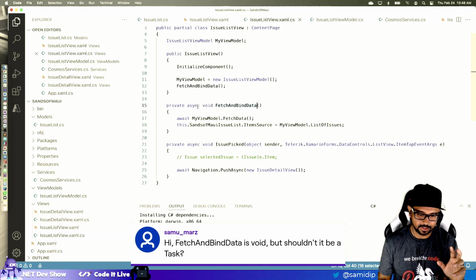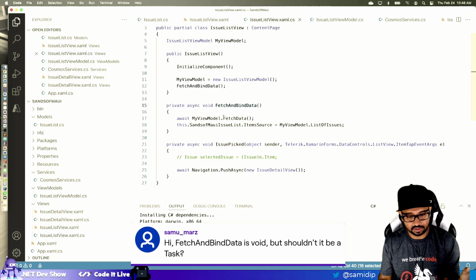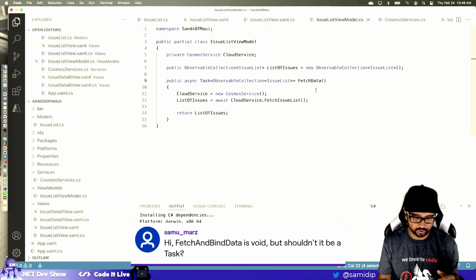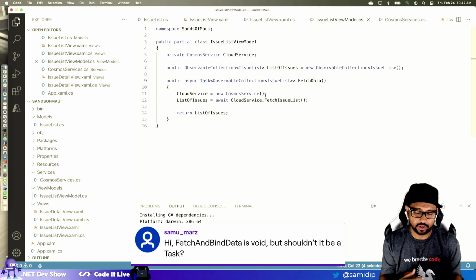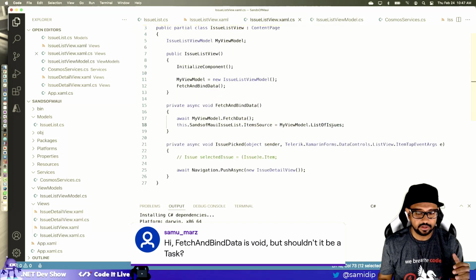When I have an async void here, I'm not returning the actual task, but the thing that depends on the task is the one that is waiting on, right? So I got a fetch data here, and if you look at the fetch data, which is this one here, this one is returning a task of the type, the whole collection of observable collection. So it has the INotifyPropertyChanged built in. So when the name and the date changes in the internal collection, it's going to trigger the UI to update, which is what we want, because essentially when we do the binding, it may or may not have the actual data in it.